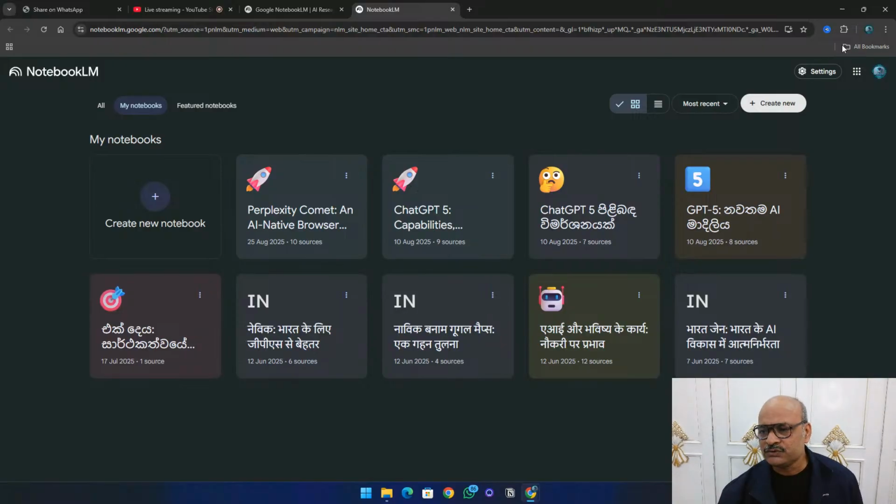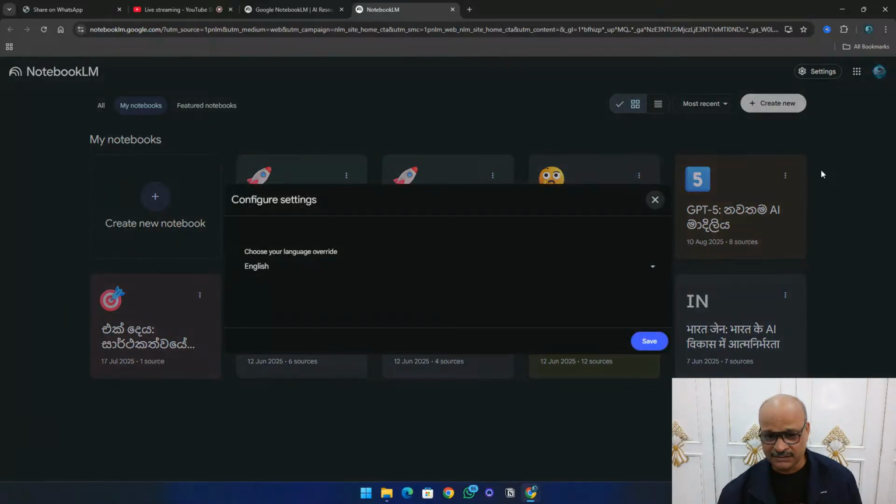Now come to the right side, right hand side corner. What is there? There is a setting. In the setting, there is a NotebookLM help. So if you go to NotebookLM help, you can find how to use it. If you want to use it extensively, you can use it. Okay. Then one is output language. Here you can see this is output language. If you click here,